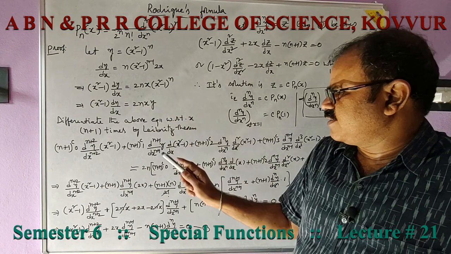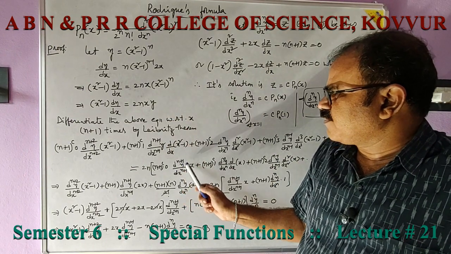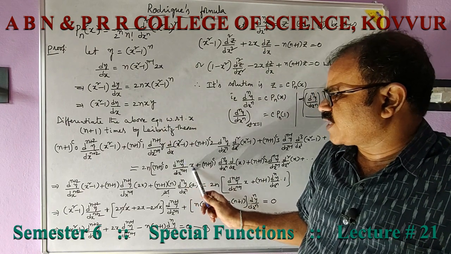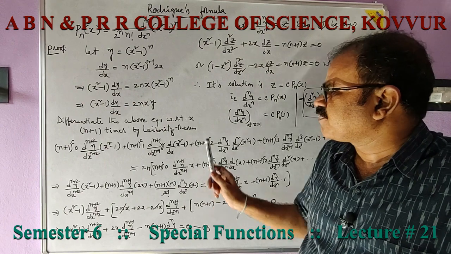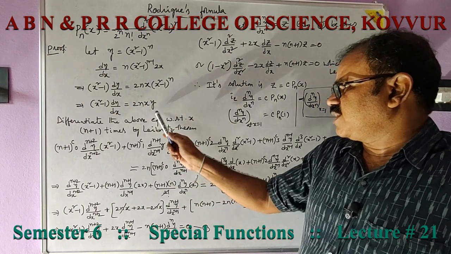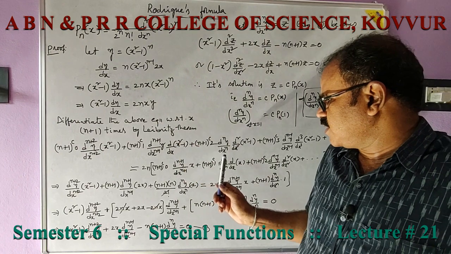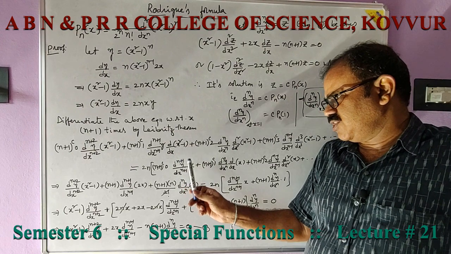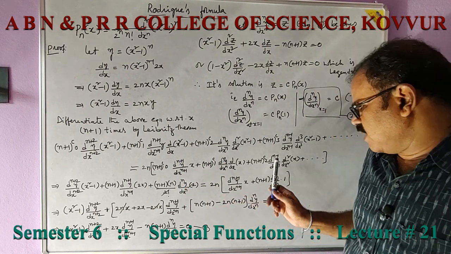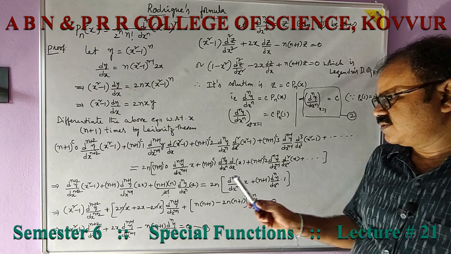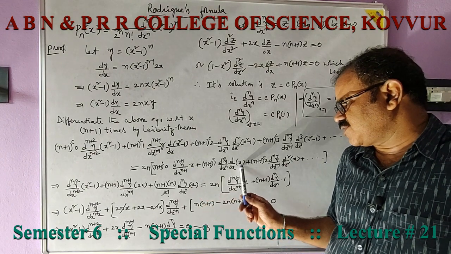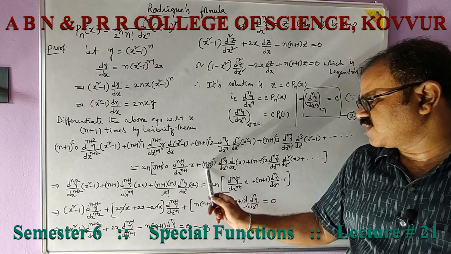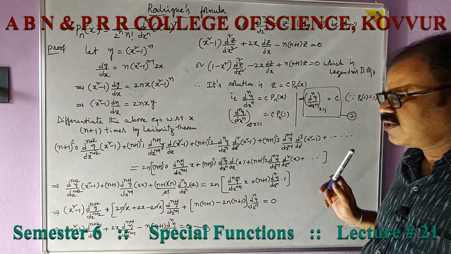Consider this first function y: n plus 1 c0, n plus 1th derivative of y. Next, no derivative for x, n plus 1 c1, next derivative, that is n minus 1th derivative. After n plus 1 this is nth derivative of y, n plus 1th derivative of y, nth derivative of y, n minus 1th derivative of y, likewise. This is no derivative for x, first derivative of x, second derivative of x, going on, n plus 1 c0, n plus 1 c1, n plus 1 c2, going on.